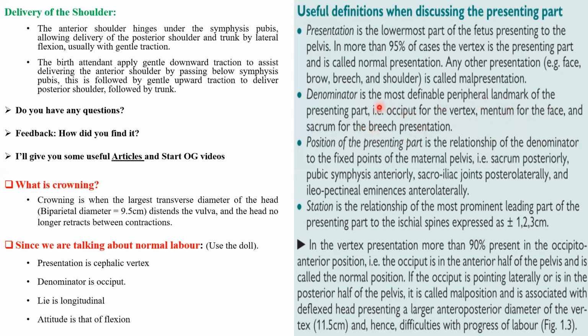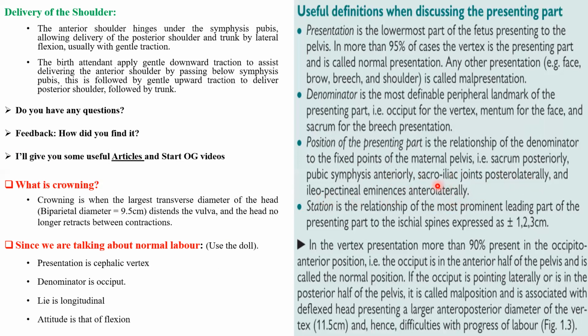For the breech presentation, it will be the sacrum. So this is the denominator, which is a bony landmark on the presenting part. What is the position? It is the relation between the denominator and the fixed point in the maternal pelvis. The fixed points will be the sacrum posteriorly, the symphysis pubis anteriorly, or the sacroiliac joint posterolateral, or the iliopectineal